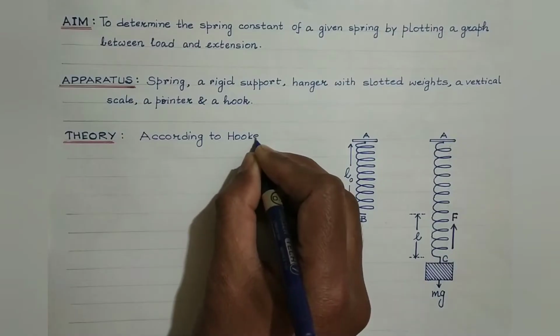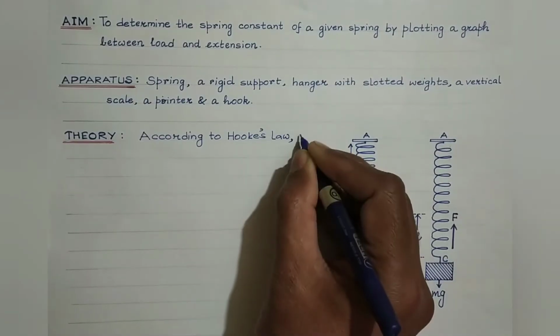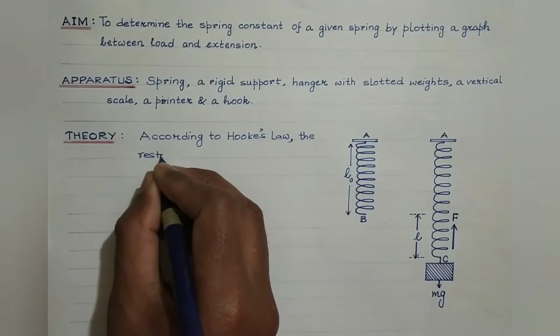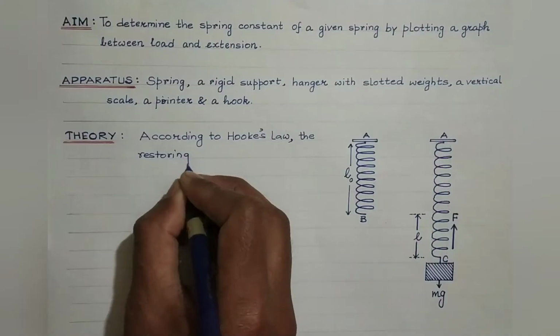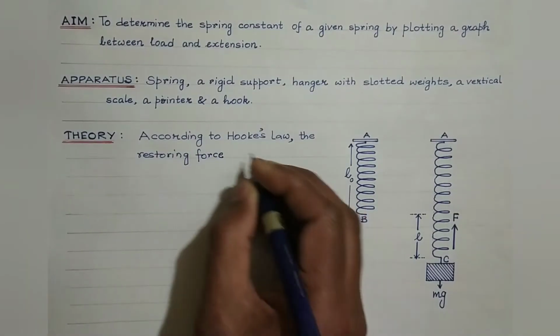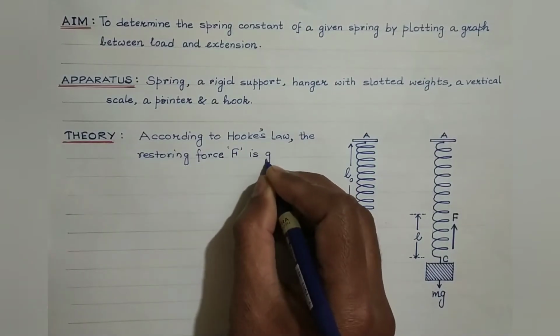As per Hooke's law, the restoring force, denoted by capital F, which comes into existence when the body is loaded, is given by F is equal to